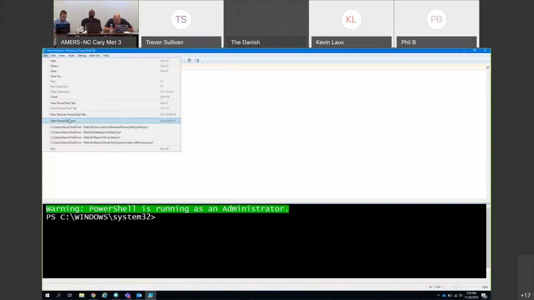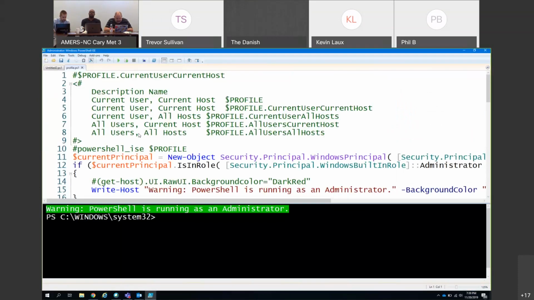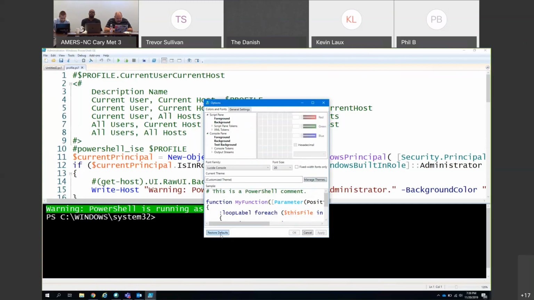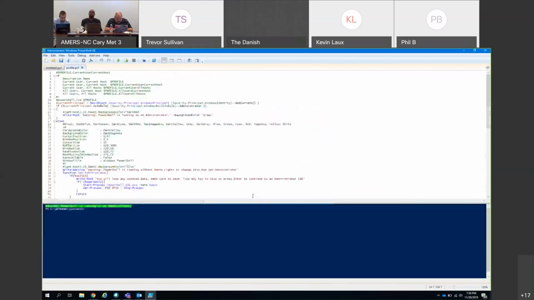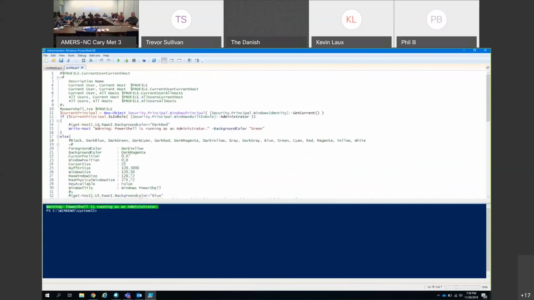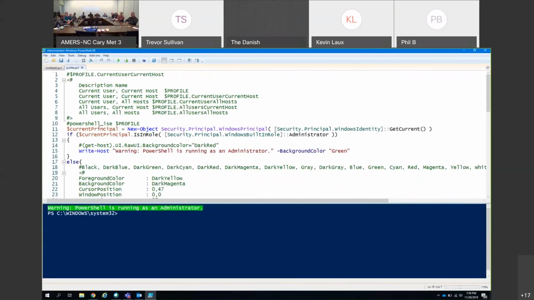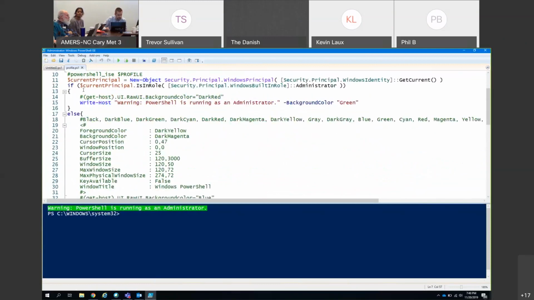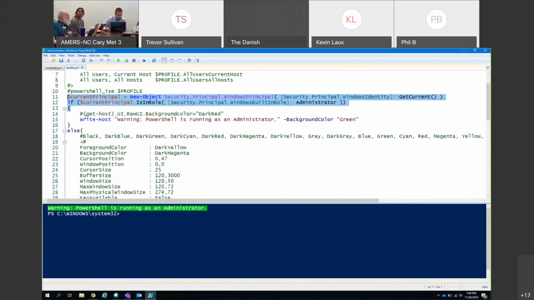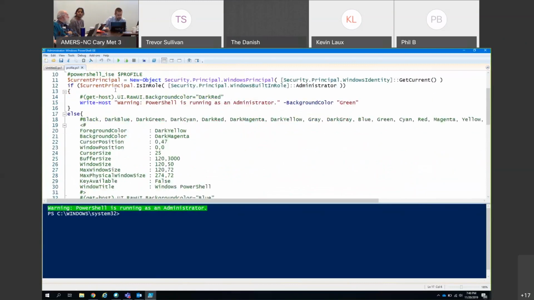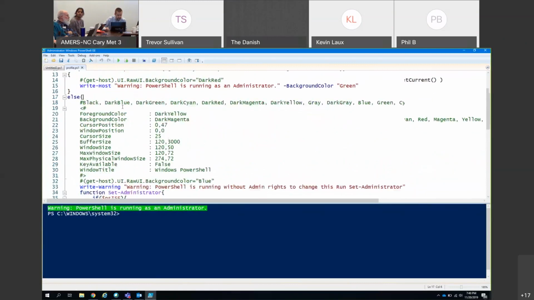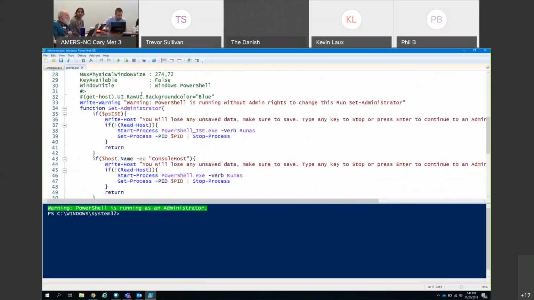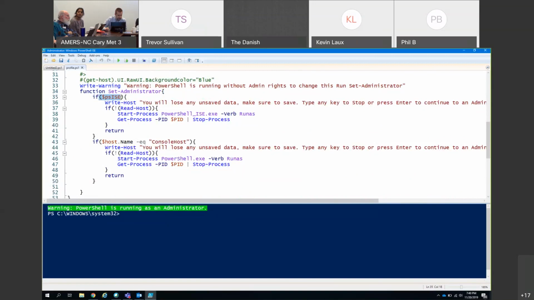So let me open that back up so I can go through that some more. And I'm going to go back to the default theme because this is crazy looking. And just zoom in. So I have a bunch of notes in here because I wasn't sure what Phil was going to go over, but I have notes about the different profile paths and all that kind of stuff. Here's my actual code where I check, am I the administrator? Then if I'm not, I go ahead and throw up the warning about it. And like I showed you before, if $PSISE, I run this,